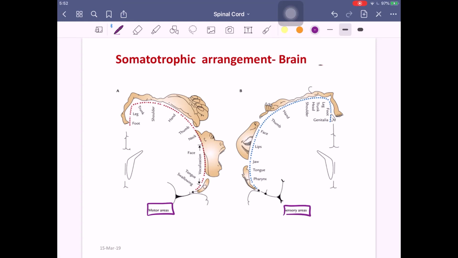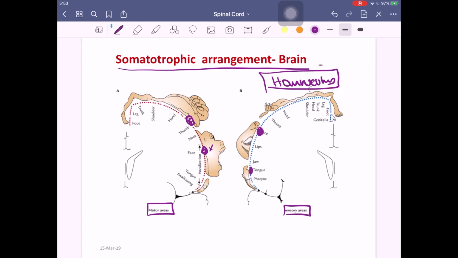This is the somatotrophic arrangement we see in the brain. This is the motor homunculus and that is the sensory homunculus. It is a representation of your entire body in the brain. If you stimulate this particular area of the brain, you will feel twitches on the face. If you stimulate this area, you will feel twitches in your thumb. Similarly, if you stimulate this area, you will feel a sensory feeling on your face, and if you stimulate this one, you will feel some sensation on your tongue. So it is something like a circuit board or a remote board where you can stimulate one part, and the fibers or axons going from this part supply that area of the body. Such an arrangement is what we call a somatotrophic arrangement, and it is called a homunculus.